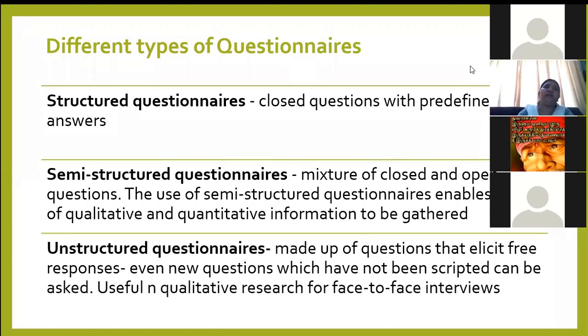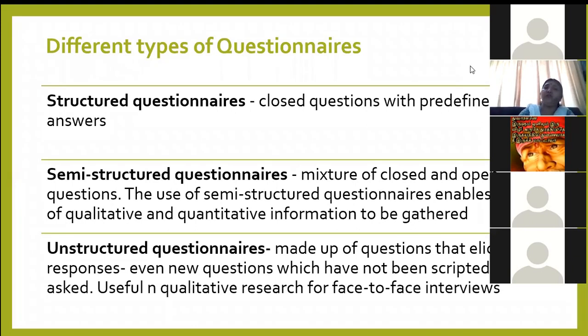And the third type of questionnaire is unstructured questionnaire. Here, in the case of unstructured questionnaire, even new questions which have not been scripted can be asked. The interviewer can ask even new questions. In the case of television shows and all, interviewers may be using unstructured questionnaires. They might have listed a set of questions. However, depending upon the circumstance, the interviewer can ask new questions also. So the unstructured questions can elicit free